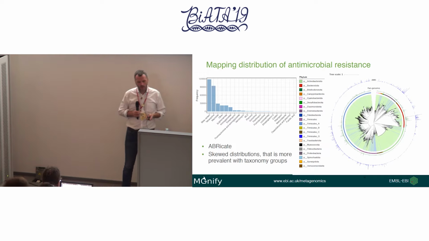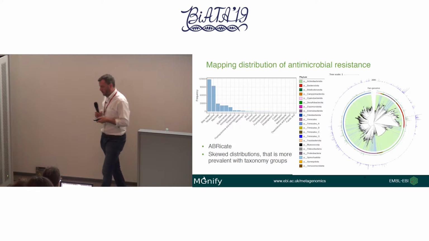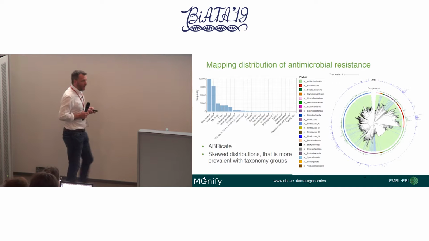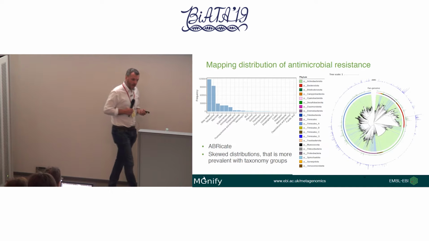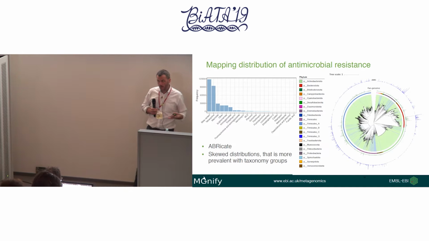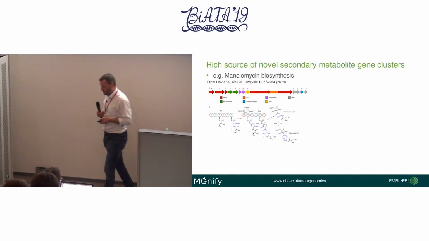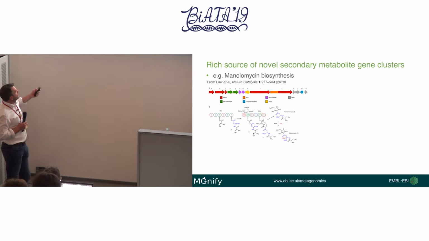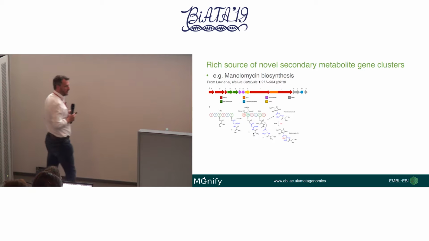So there are skewed distributions, which will be important for people who are wanting to think about therapies and wanting to take genomes and capture those and make drugs. However, the upside is that the human gut microbiome is well known to also be a rich source of novel antimicrobials. So there are lots of different antimicrobials. A lot of them are encoded in biosynthetic gene clusters.